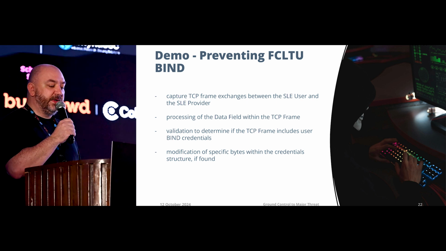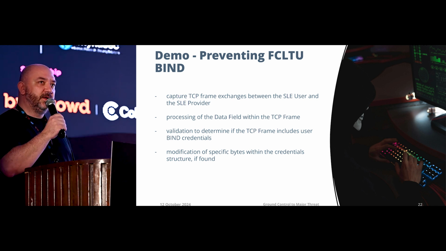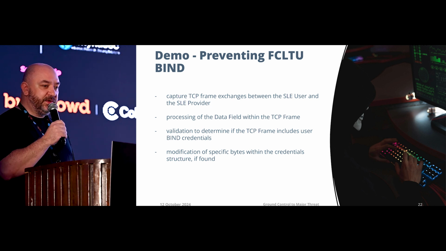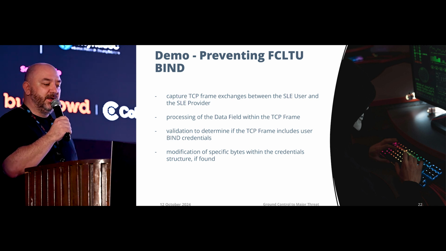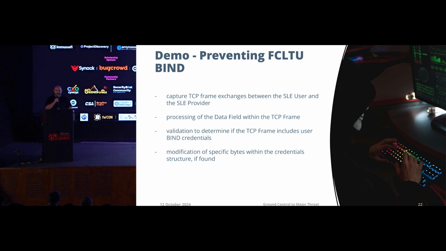The reason why it's extremely annoying for the users is that at the protocol level, there is no feedback from the ground station coming back to the mission control system. So the connection is just dropped, which means that the users will try to connect, but they will fail, and they will never know why. They will have to run an investigation on the ground station to understand why the connection is failing. So what we do here, we just capture the frame, we mangle the authentication bytes, we put whatever we want,